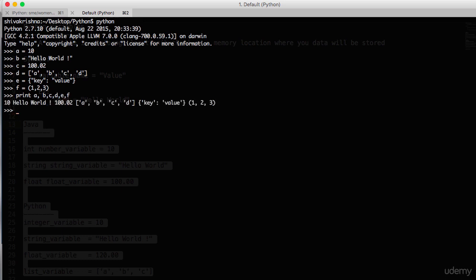There you go. Python prints all the values of the variables that were stored in their memory locations. Okay, so you can ask Python what type of data a particular value stored in it is by using a Python function called type. For example, let's take the variable A. You want to check what the exact data type of that particular variable A is. You can do so by using a function called type.